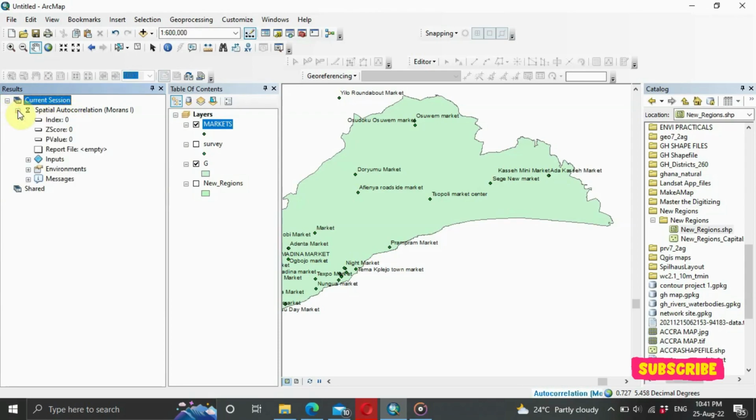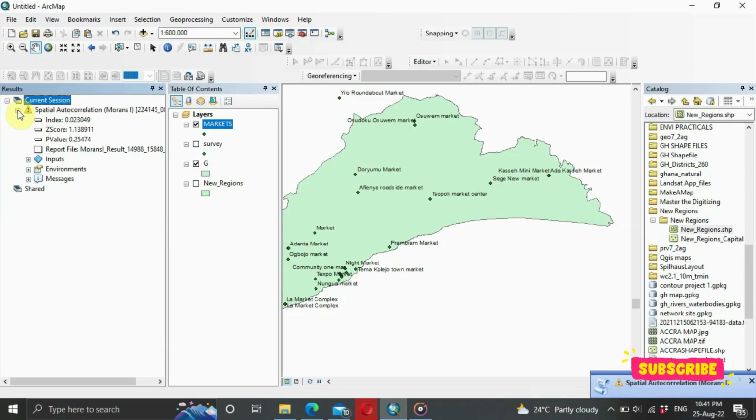So it's come to give us an overview of what we are doing. So as you can see, it's done here. So yeah, the spatial autocorrelation, as we said, has a value ranging from -1 to +1. A -1 means there's a perfect clustering of the similar values, and when it is a 0, it means there's no correlation or there's no autocorrelation. And then when you have a positive number, it means there's a perfect clustering of similar objects. So we have your index here, we have the z-score, and then we have your